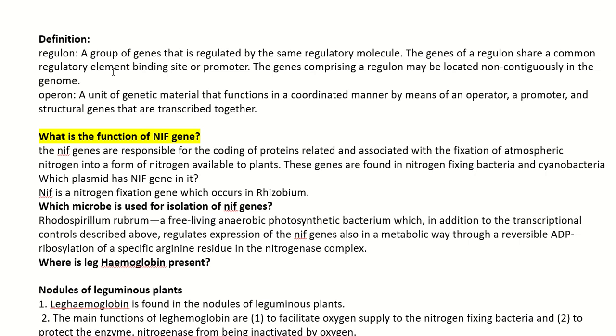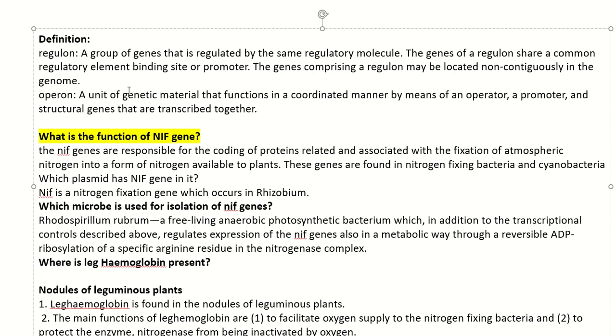That can also be asked in the examination, and sometimes it is also asked in the NET examination, as regulon shares a common regulatory element, then they are giving various binding sites. So you have to write binding site of promoter. These genes comprise a regulon, as I said,